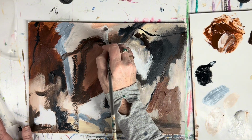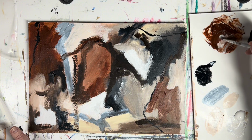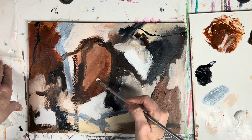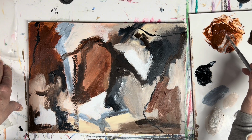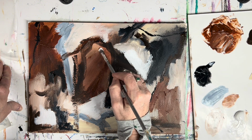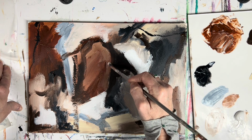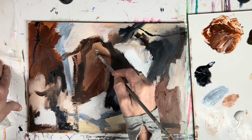So I'm just going to continue to layer the paint on, bringing things out, hiding some pieces I don't like, and putting a little bit more thought into my, I guess what I would call it is responding, because